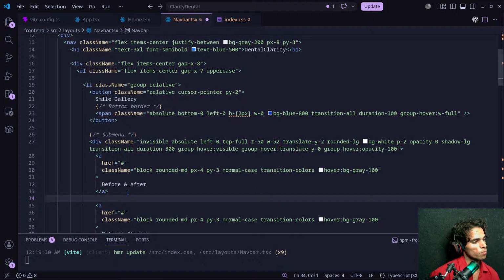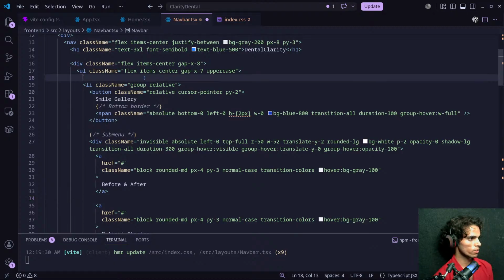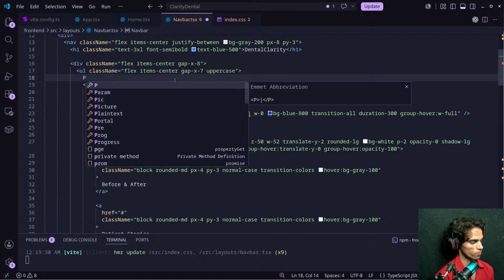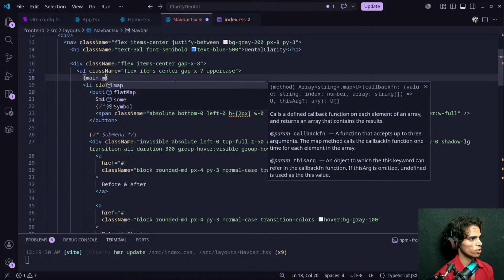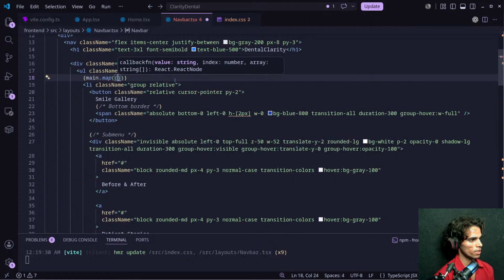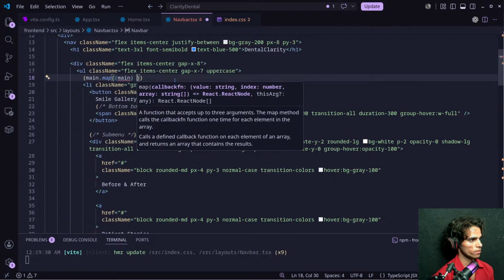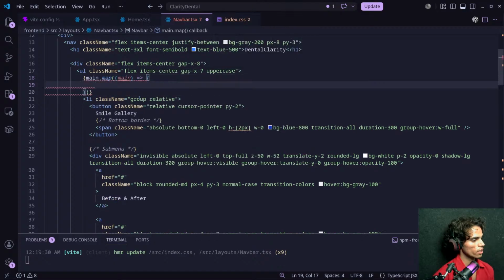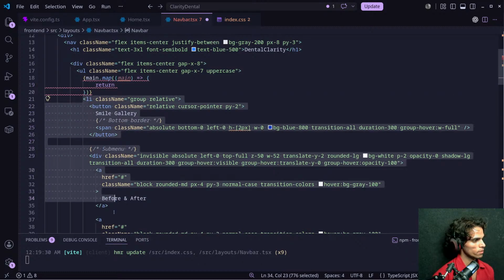If we have a sub menu, then we will show that, and if not, I will write that condition here. Inside each li, main dot map, and we will have main, and I would like to return this div and sub menu.